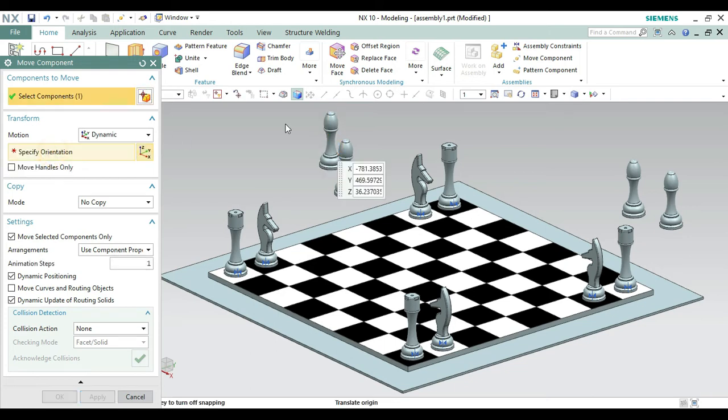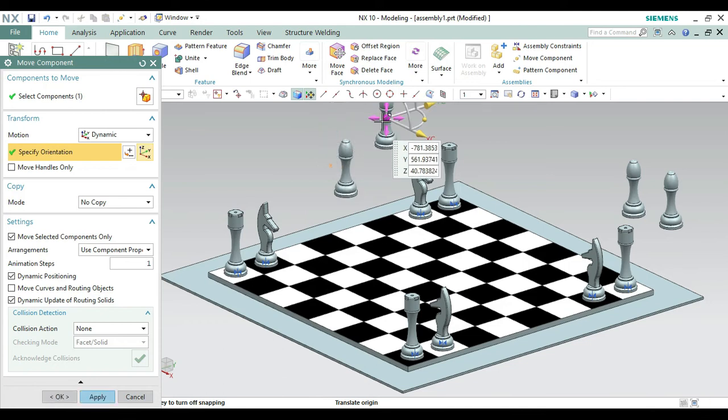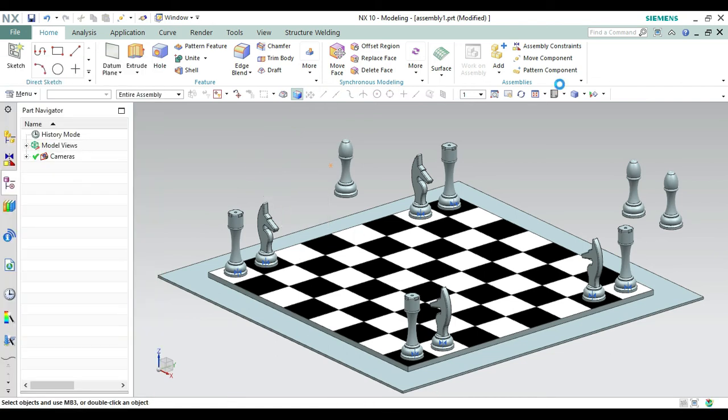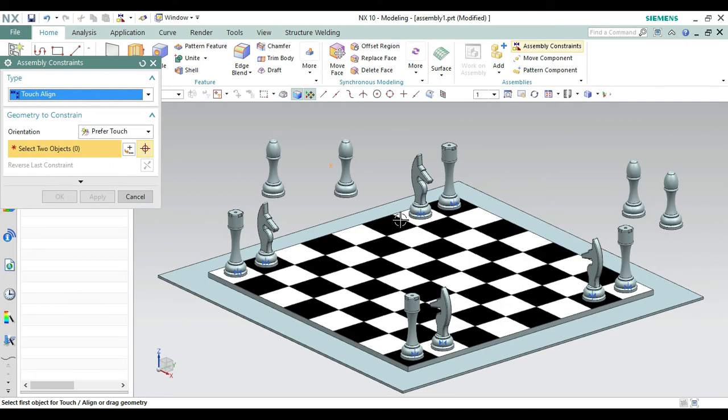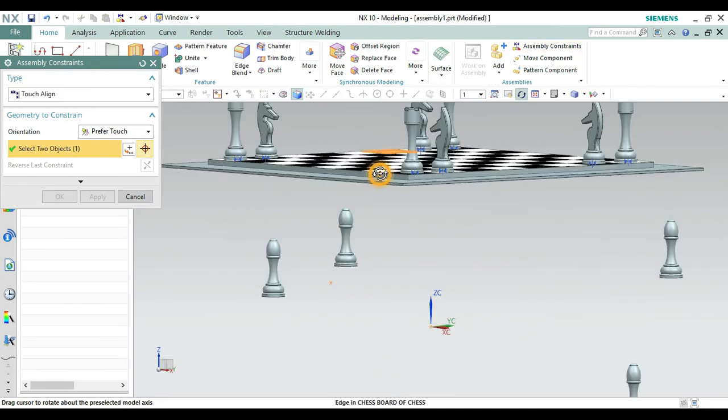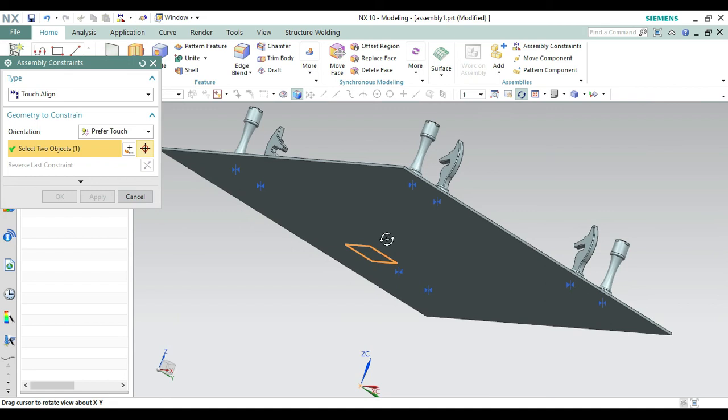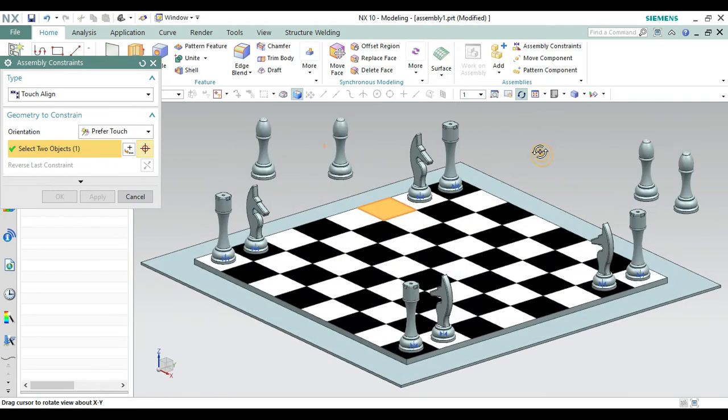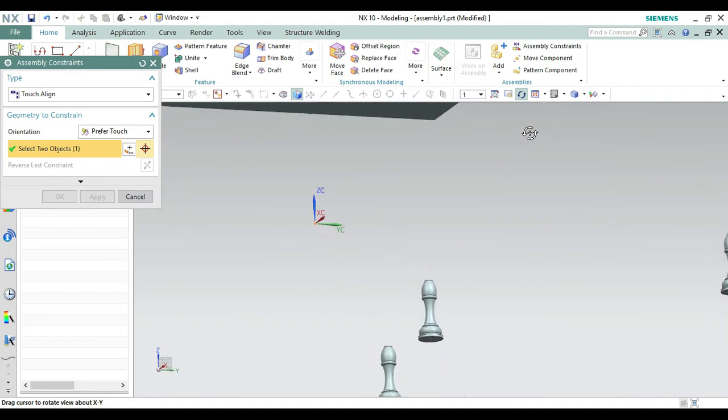Taking this one, specify the orientation, and let's do with this one. That is enough. Okay. Now what we have to do is the assembly constraint. So from here again going to assembly constraint. First selecting this space, again selecting this space.